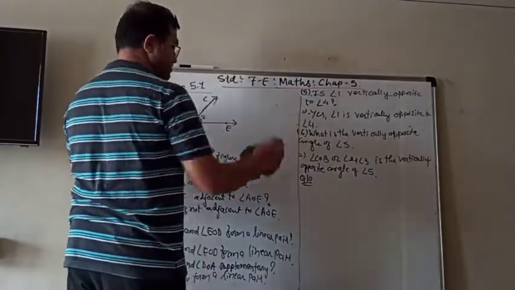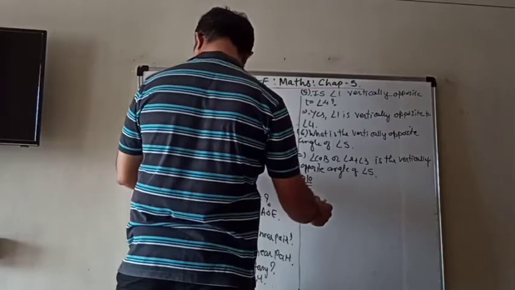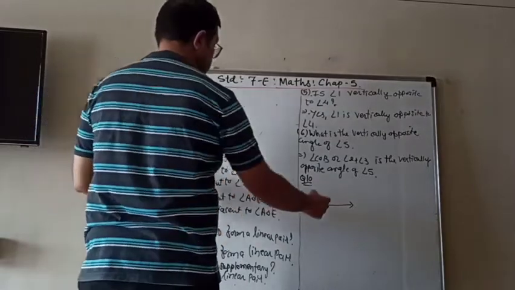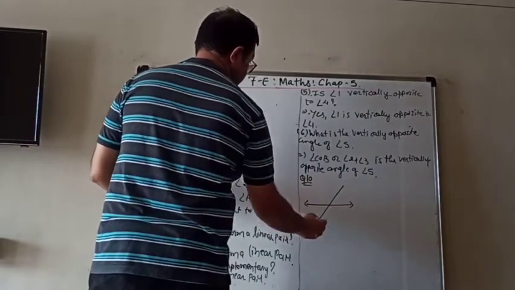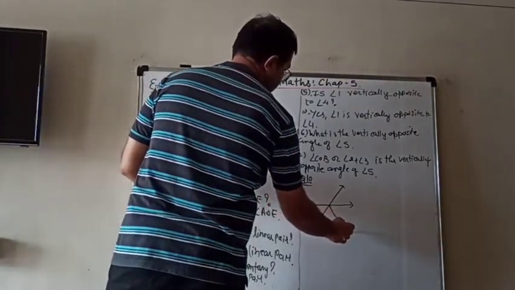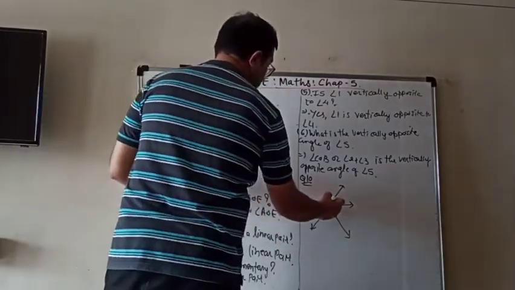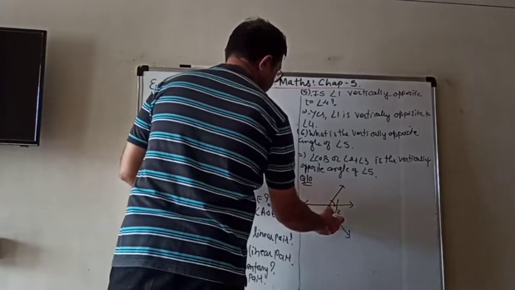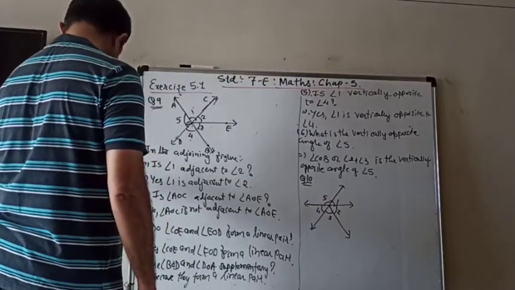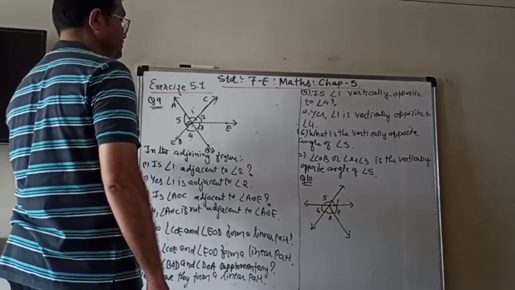In question number 10 also there is a figure and you have to give two answers. The figure is like that. One line is there. One line like that crossing. And then one is going that way. Here is angle 1, 2, 3, 4 and 5. Now we have to indicate the pair of the angles.